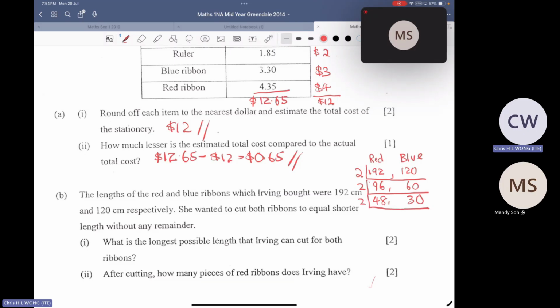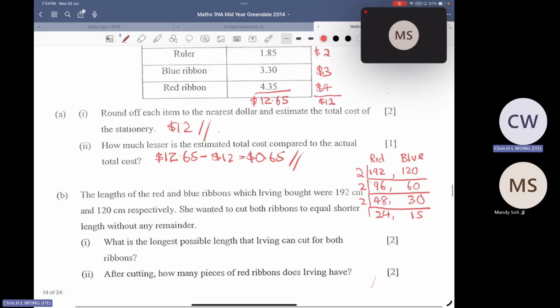2 times 2, 4. 4 times 2, 8, 15. 2 cannot really, isn't it? Because 5, right? 5 behind. So 24, 15, 3. 8 times 3, 24. 5 times 3, 15. No more already, right? 8 and 5. You cannot find another common number that you can divide in 5, right? So the HCF is